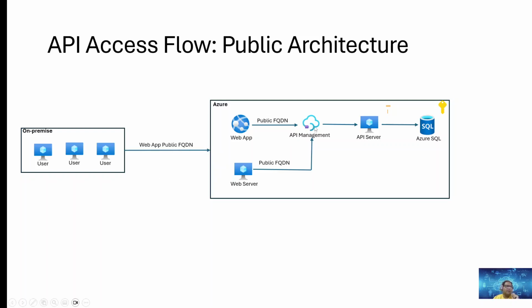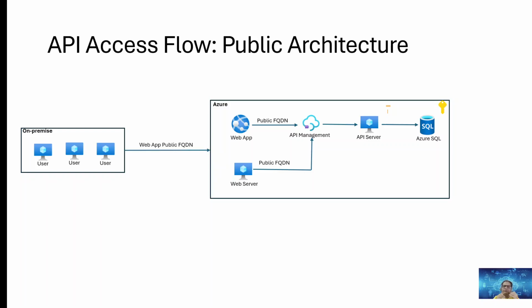And the API management here talks to the API server over a public IP of the API server. And the API server internally talks to the Azure SQL where the database is hosted. Now, this is the scenario. First, if you see this, accessing the APIs through public FQDN comes with a significant security risk, as you